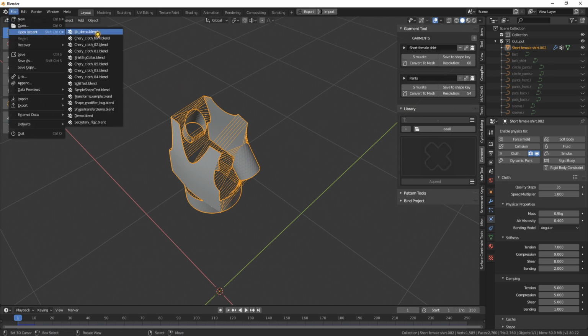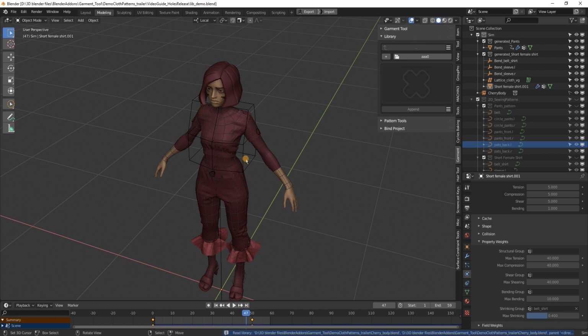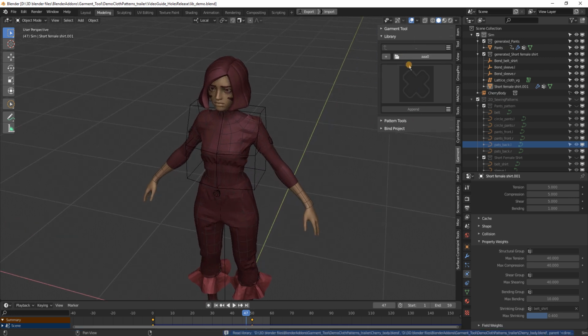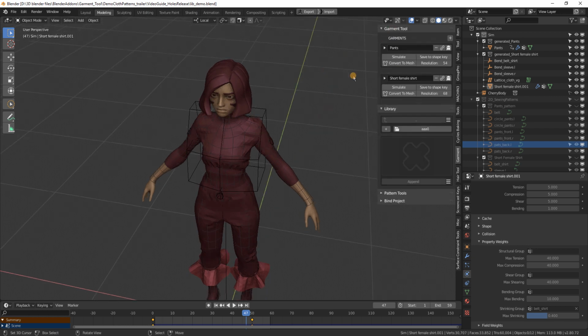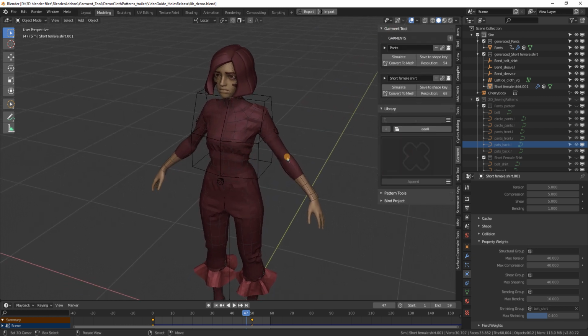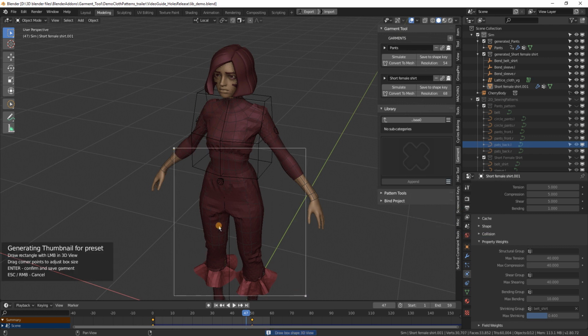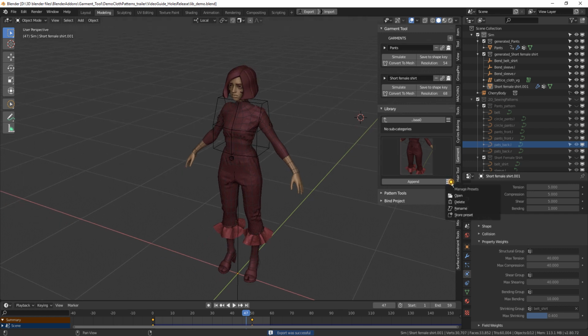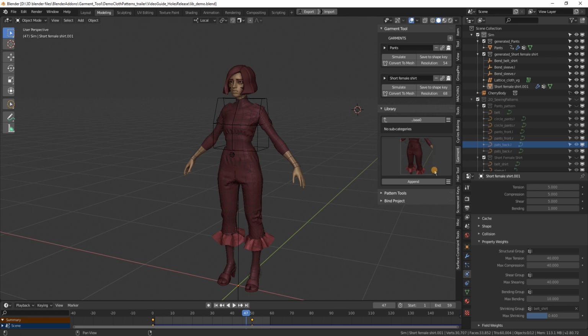Maybe I want to also show you that you don't have to worry about overriding the blend files, because it will automatically ask you if you want to override. So let's create one preset quickly from the pants. Okay, and now if I will do this again, you will see that it will ask you that file already exists. So if you want to override this, press OK or escape if you do not want to override this.